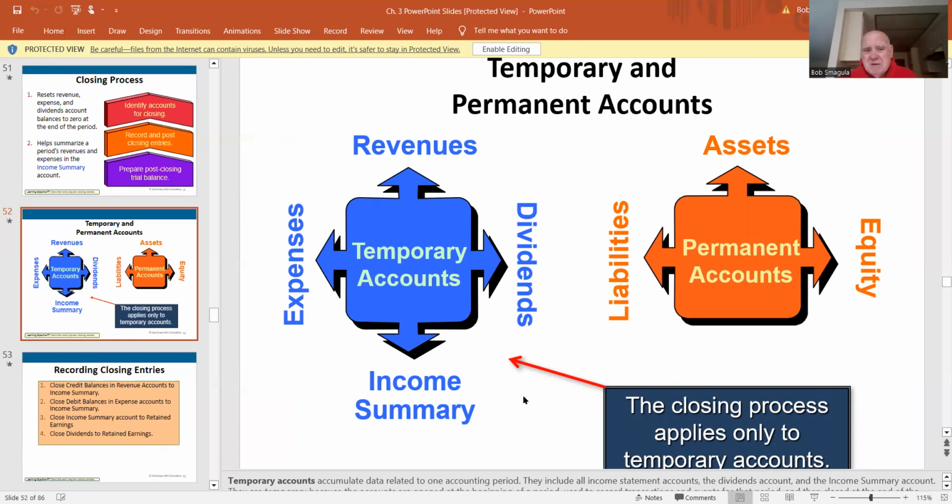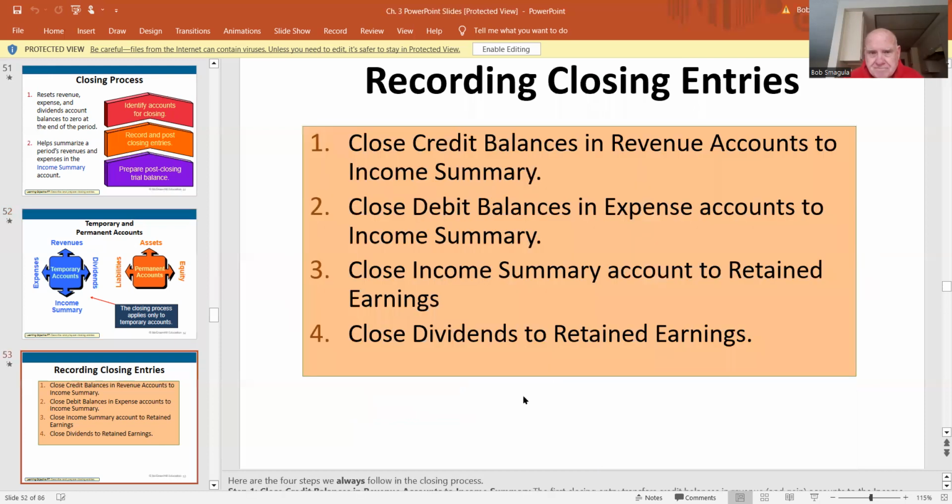Why is that? Because remember the profit we made of $3,585? What did we do with it? We moved it over to equity. We moved it over to retained earnings. That means that we have 0 now as a balance, if you will, for revenues and expenses. Every month begins with a clean slate on revenues and expenses, okay? The permanent accounts of the balance sheet, you don't touch them. You don't close cash or receivables.